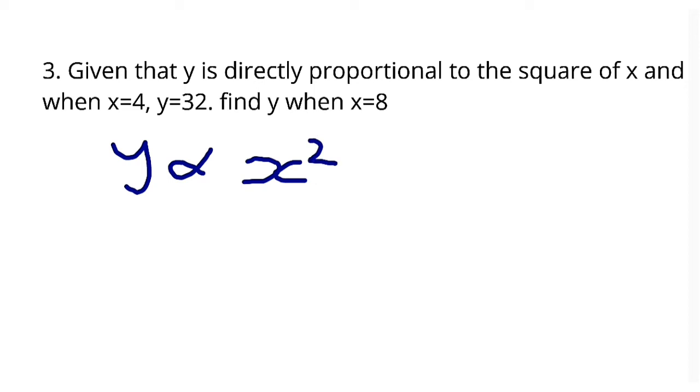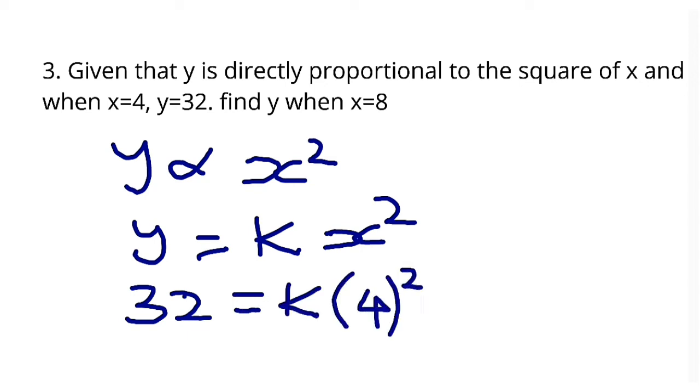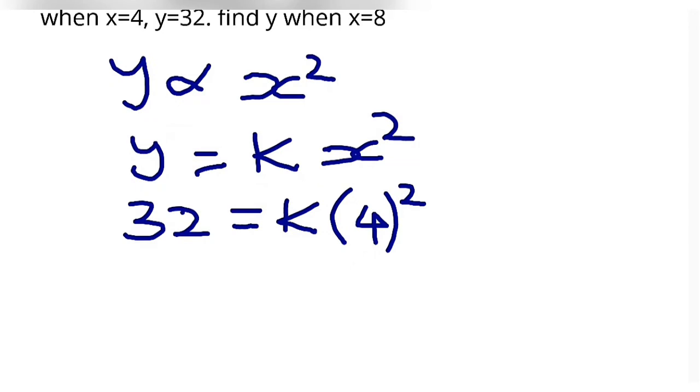So you introduce the constant of proportionality, that is k. y will be k multiplied by x squared. So that will give us y equals kx squared. The question is saying that when x equals 4, y equals 32. So when y equals 32, x is 4, but this 4 is going to be squared because it is the value of x. This will give us 32 equals k